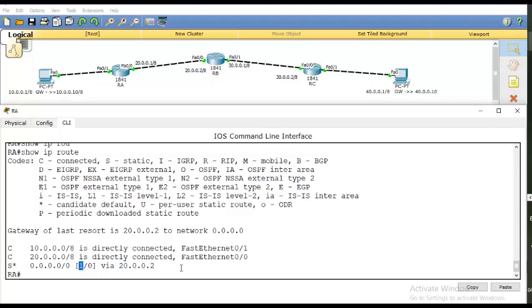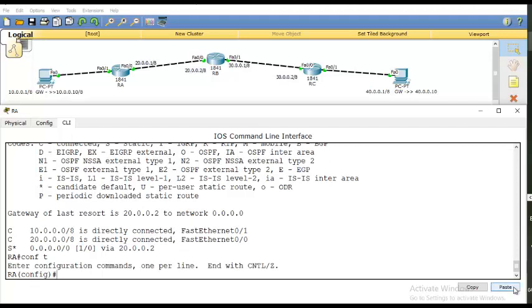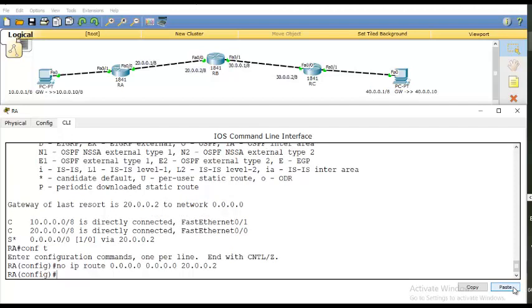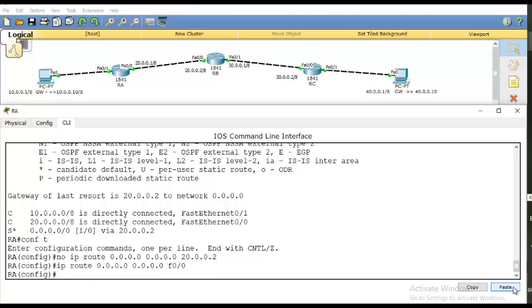I'm going to write the same default route like this: IP route, any network, any subnet mask. Just send it out via F00, my own interface. Just push it out on this interface. Now, when you say this, how will the packet go to router B? When you say push it out on this interface,